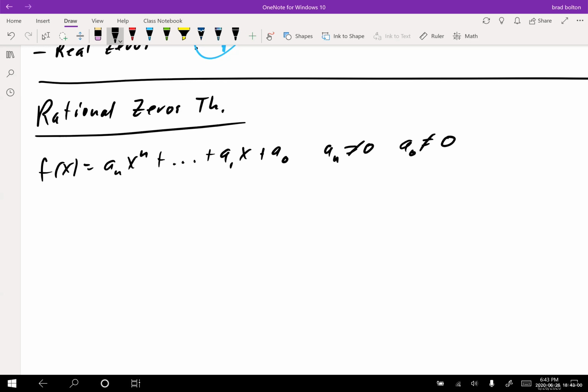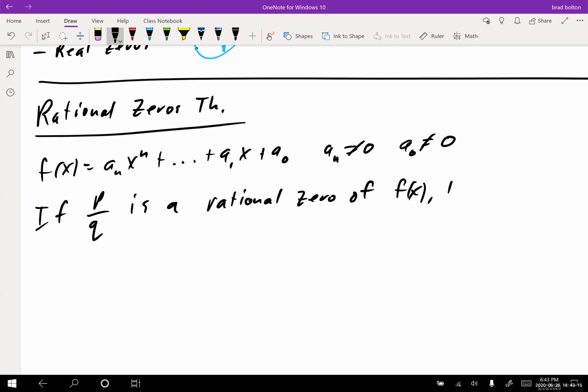Okay, so it says if p over q is a rational zero of f of x, then